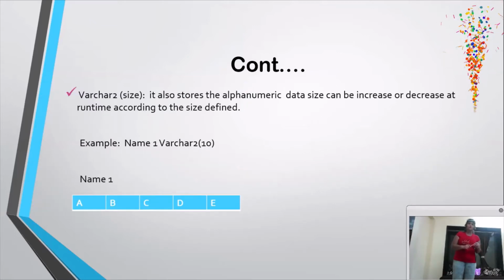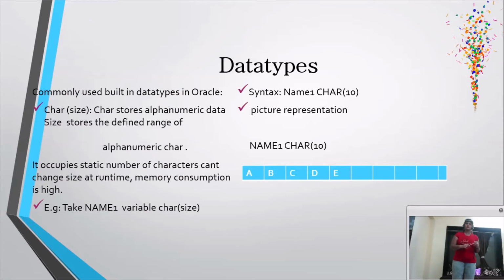It occupies a static number of characters, can't change size at runtime, and memory consumption is high. So here is an example. This is the syntax: name is our variable, its type is char, and size is 10. What is it in pictorial form?